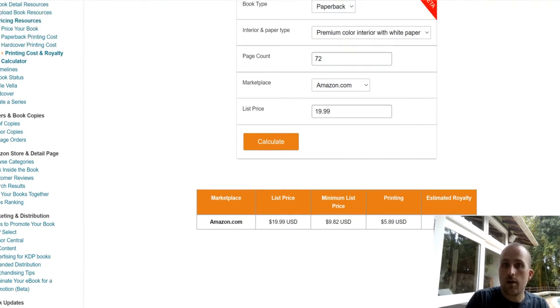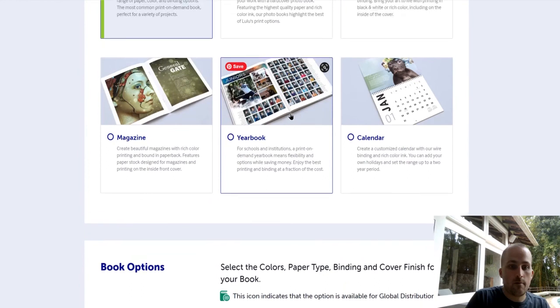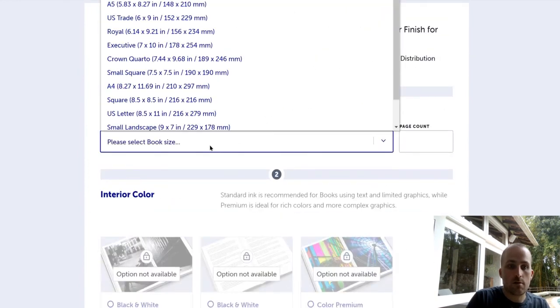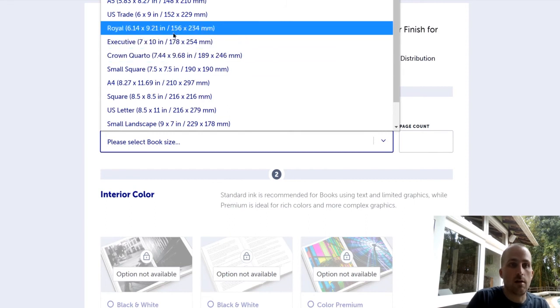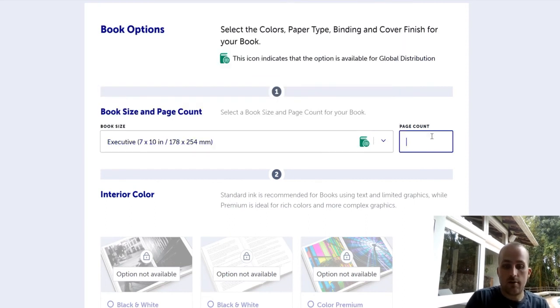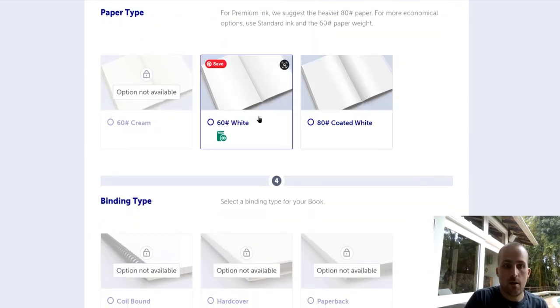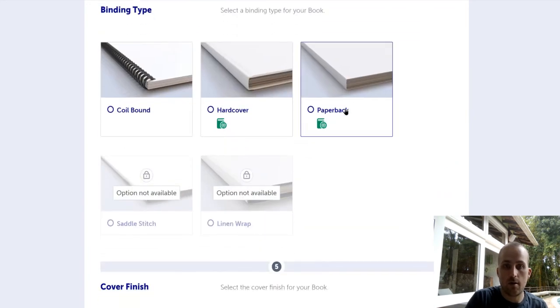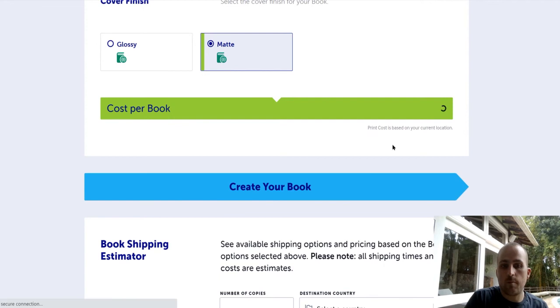Okay. Another one you can use is Lulu Express. Right, so you can also select, so it gives you more options here. So you can select, say 7 by 10, 72 pages again, premium color. You can select, usually a thicker paper is good, but I'll go with the basic option for now. I'll choose the paperback instead of a hardcover, and then we'll just choose matte. So this will pump out a